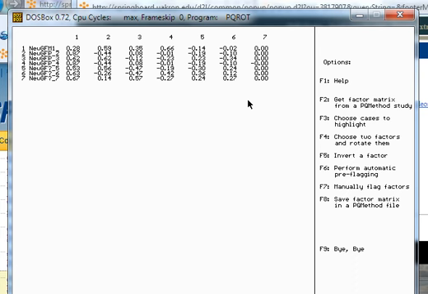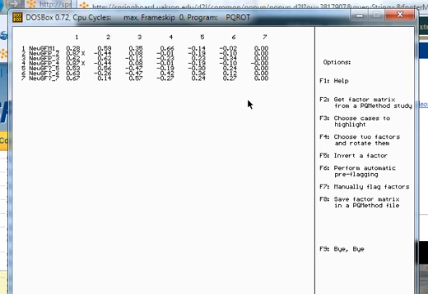And now we can choose to perform automatic pre-flagging. That's F6, so function 6. And strange kind of results. It gives us 2 people on factor 1 and nobody on any other factors. So we're going to have to play around with this probably, but for this case, because we haven't rotated, and